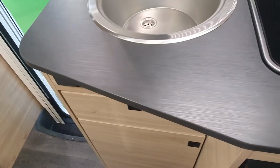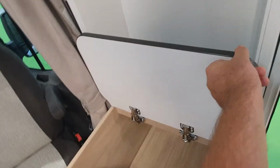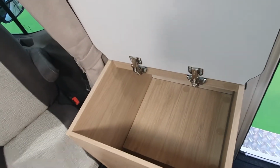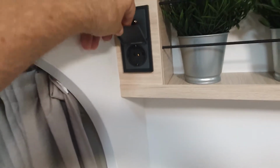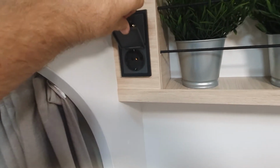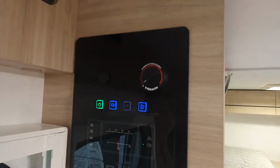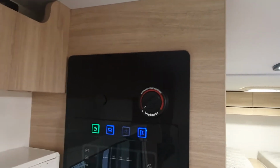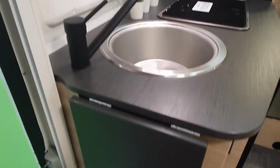There's more storage, and over here we've got something like a big box with storage in it. There are one or two 12 volt and 230 volt plugs. You can control everything from up here, and as you can see, this comes with Webasto diesel heating, which I don't recommend. There is an extension to the kitchen, which you can see here, and let's have a look outside,